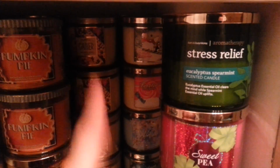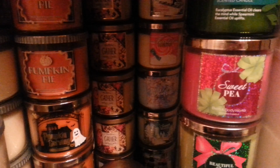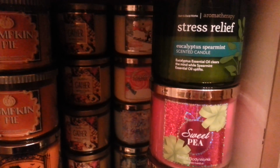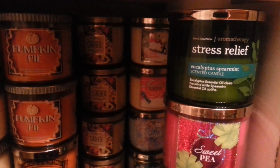I should probably mention that I got a lot of those at 75% off, and the Trick or Treat ones, I think they were ringing up at like 77 cents, and I got like 30% off on top of that. I'm not really sure. I got them for like dirt cheap. And I originally bought more, but I've given some away as gifts, and I've